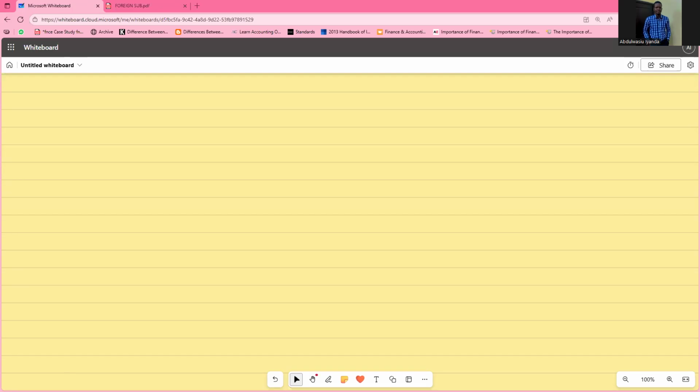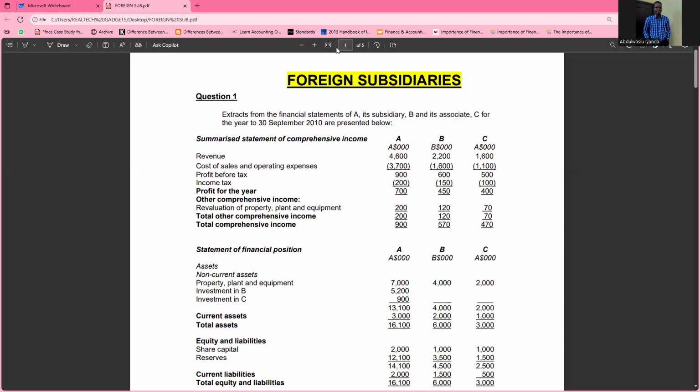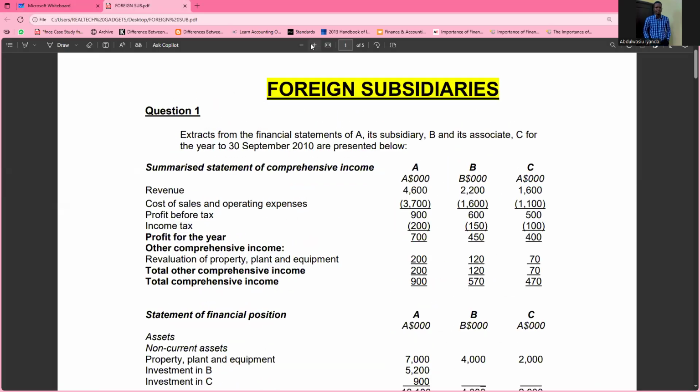Today we are going to be looking at foreign subsidiary. This is one aspect of group accounts from the professional level. So meaning now that some of us are moving from the skills level down to